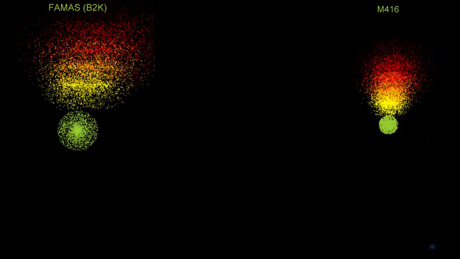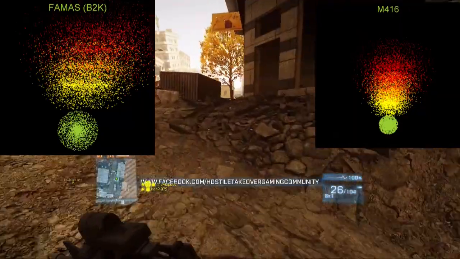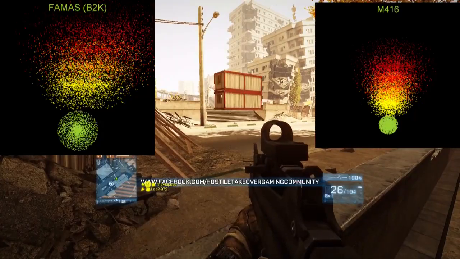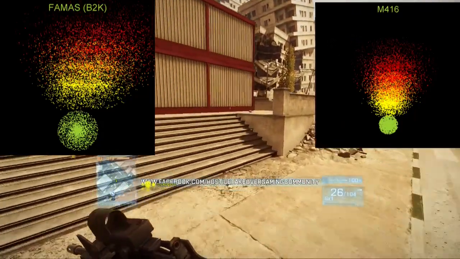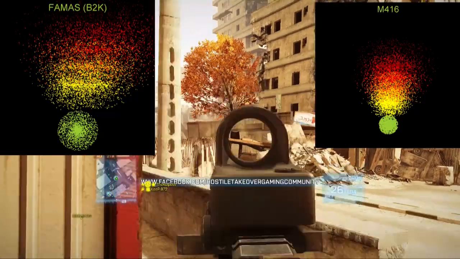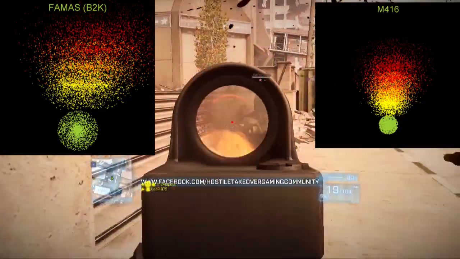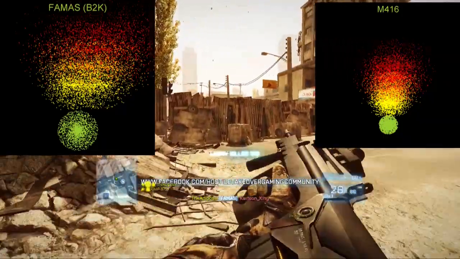So on the right hand side of your screen here, top right, you can see the M416 recoil pattern. First obvious thing we've got to see is the massive difference in the size of that recoil pattern. The M16 is small and it's tight. The FAMAS is basically all over the place. The M16 goes straight up, just like the G3A3, which means you've only got to counter the recoil by pulling down, whereas the FAMAS goes off to the side as well,